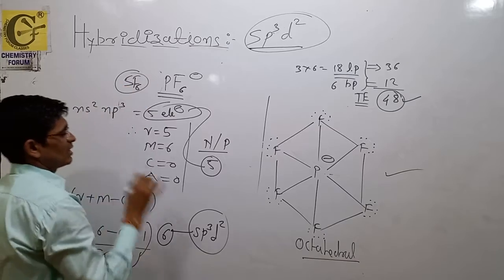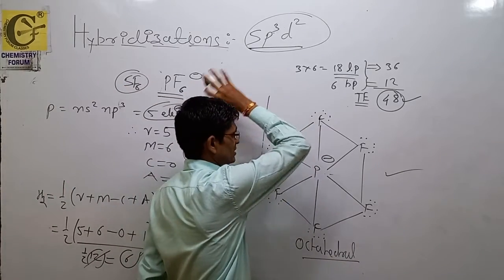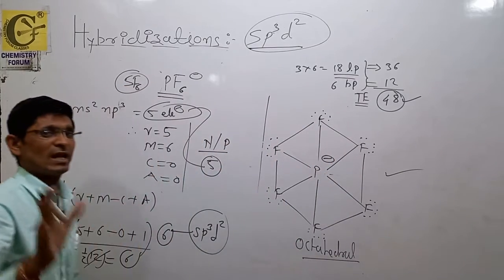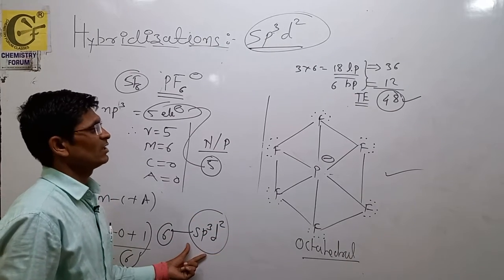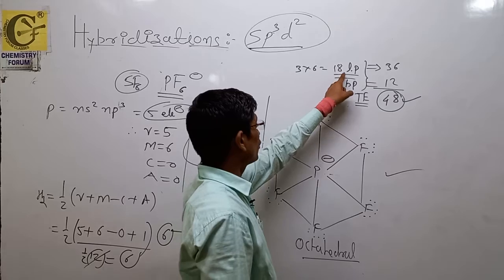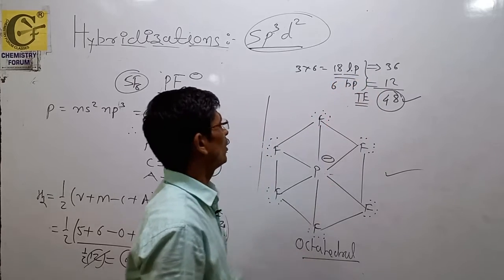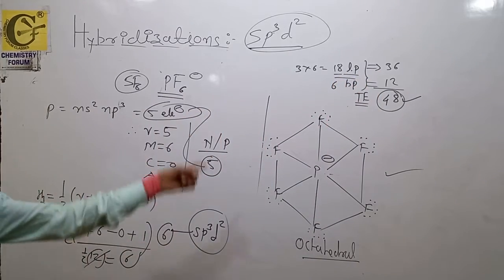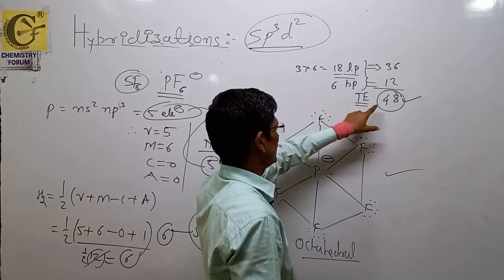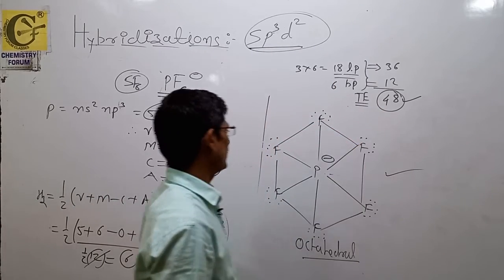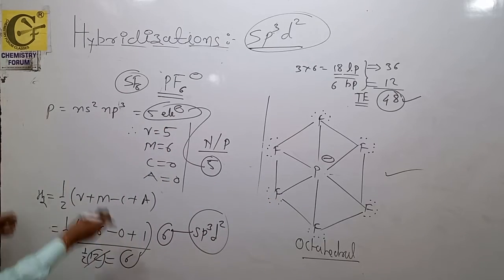SF6. So that's why this is isostructural with SF6. The geometry is octahedral, sp3d2 hybridization. Total number of lone pair electrons 36, bond pair electrons 12. Here lone pairs of electrons are 18, bond pairs are 6, and total electrons 48. So this is what, as you can say,